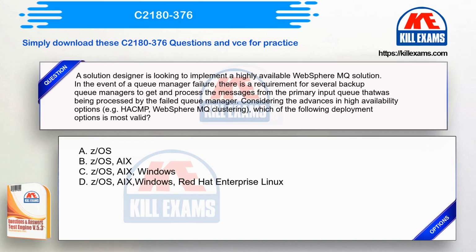A solution designer is looking to implement a highly available WebSphere MQ solution. In the event of a queue manager failure, there is a requirement for several backup queue managers to get and process the messages from the primary input queue that was being processed by the failed queue manager. Considering the advances in high availability options, for example HACMP, WebSphere MQ clustering, which of the following deployment options is